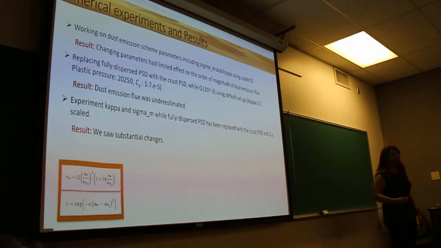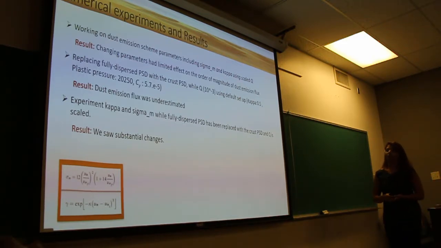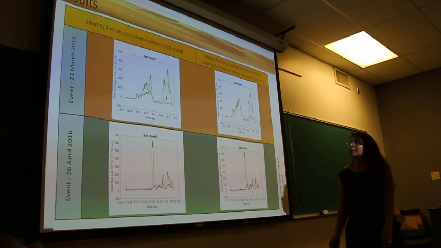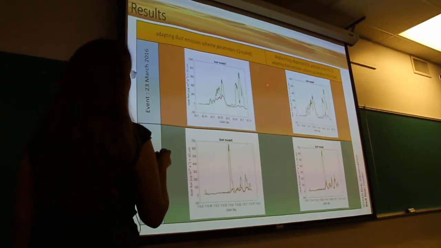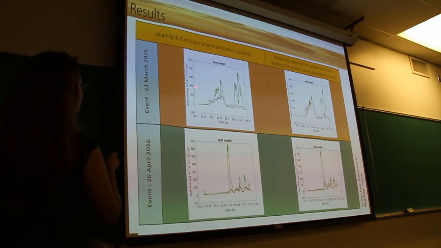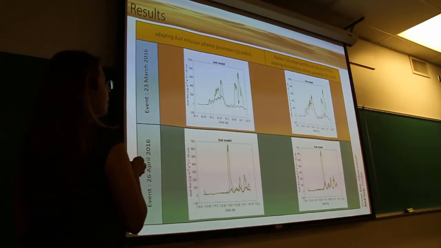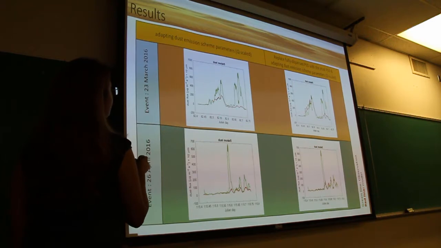And then again, we ran the model with default, and then we started working on the other parameters that we have, like saltation bombardment and also gamma, and we got substantial changes in our data. Let me show you from the picture. Here, we have 23rd of March 2016, and then we have another event here. So in this graph, you can see that we have already scaled saltation flux, and also we have worked on the other parameters of the dust emission scheme. But you can see still the model is